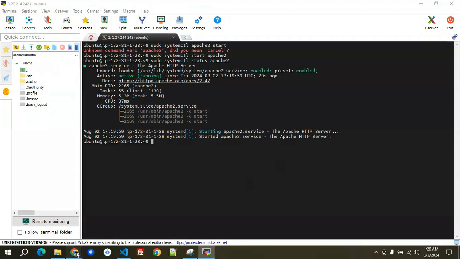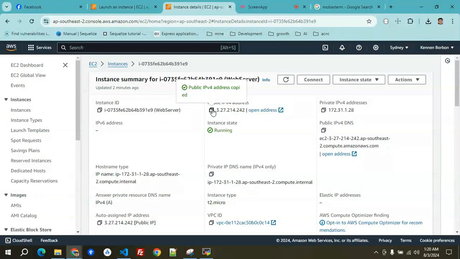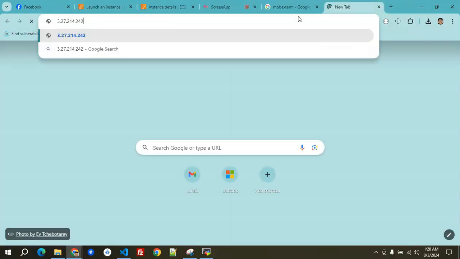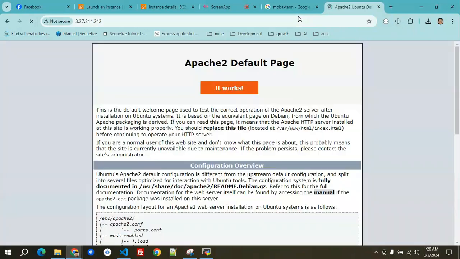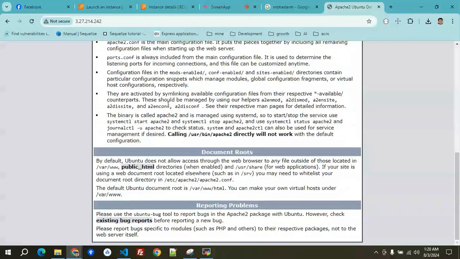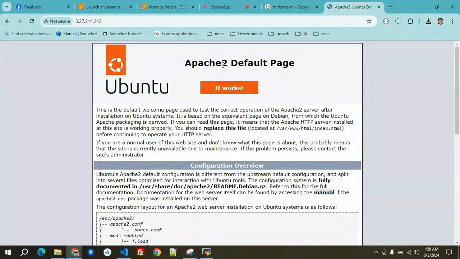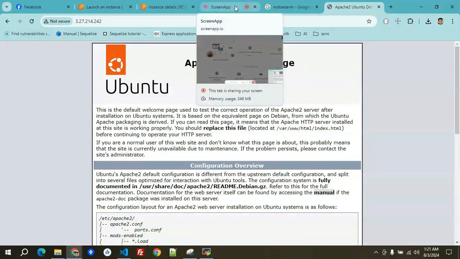So now it's running. Let's access it here in our browser, with HTTP. So now you'll be able to access your virtual private server. This is basically Apache 2, wherein you could deploy your native PHP project or Laravel, and yeah, that's basically it, and how to launch an instance and create a virtual private server.